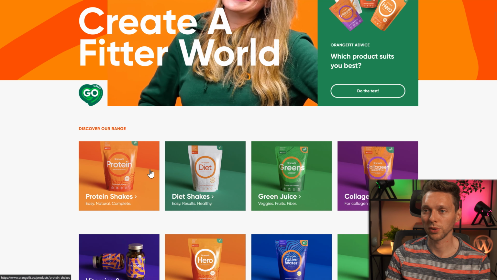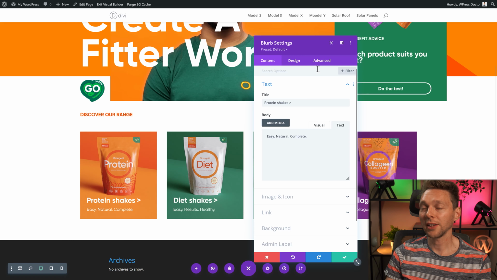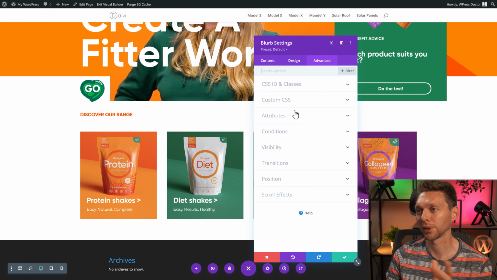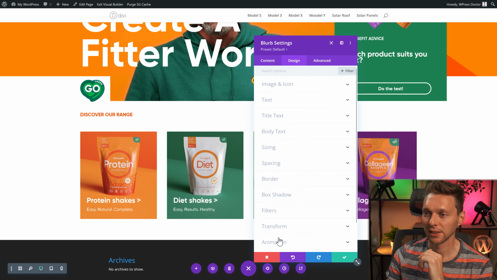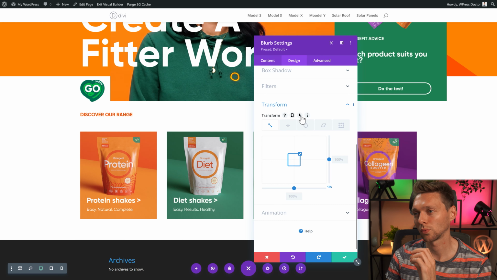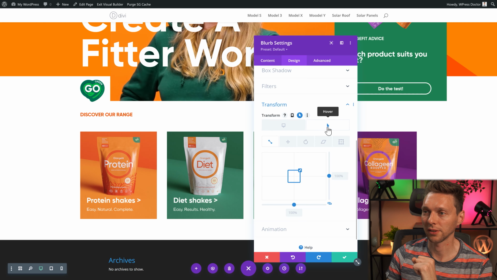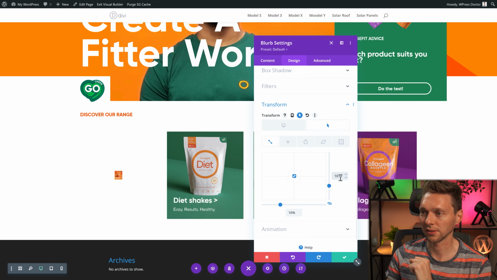On the original website, when you hover over it, something's happening with the background image. Is there a way to do that within your products? Well, of course, everything's possible with CSS and things, but you can also go to design, transform. We're gonna make it a little bit bigger to pop out. It's not exactly the same, but we'll manage with this one. Just click on hover, like this, hover, and then you're gonna make this 110%. Whoa,